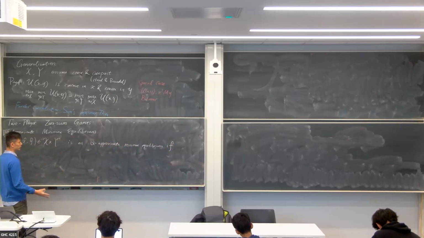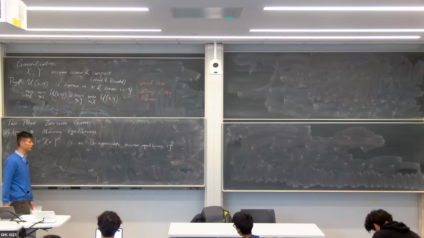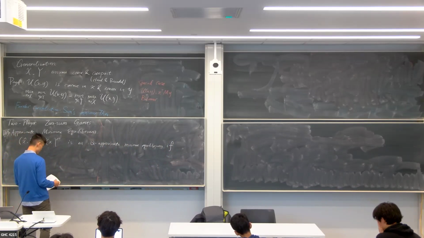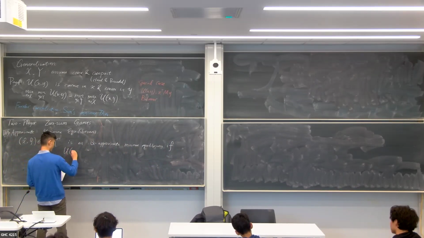If there are different ways to state this, I'm going to state the one that's closest to the typical way to state what a Nash equilibrium looks like. So the conditions are two inequalities. If the payoff